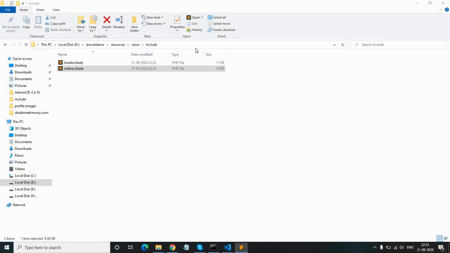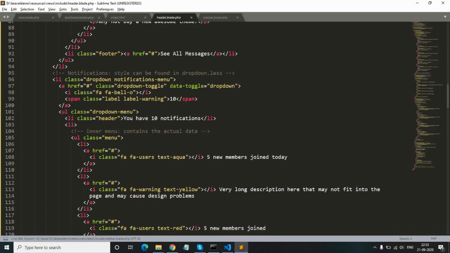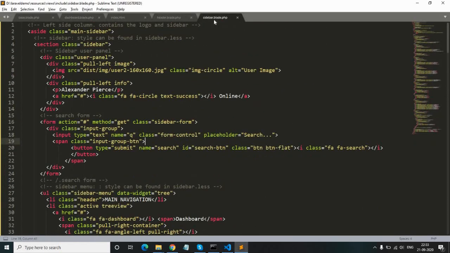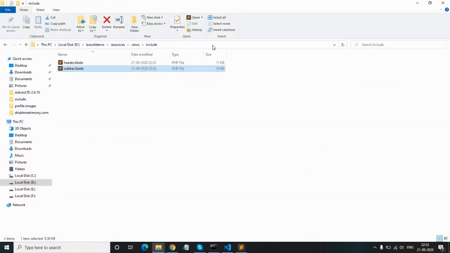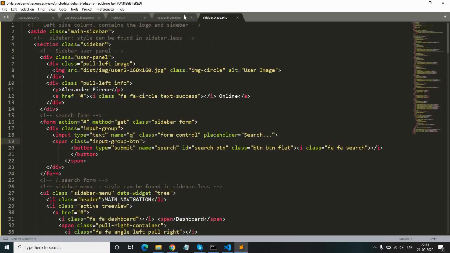Okay guys, so we have created two different files, header.blade.php and sidebar.blade.php. Now we have to include these two files inside our base file.